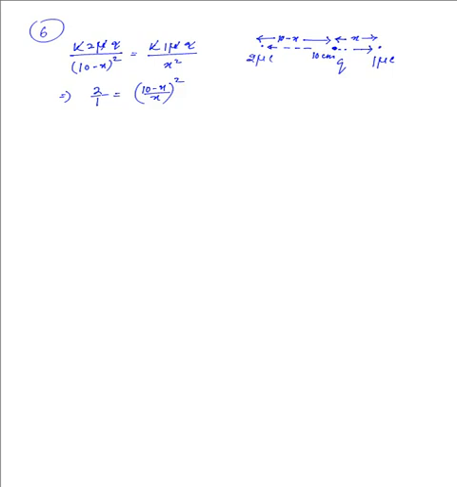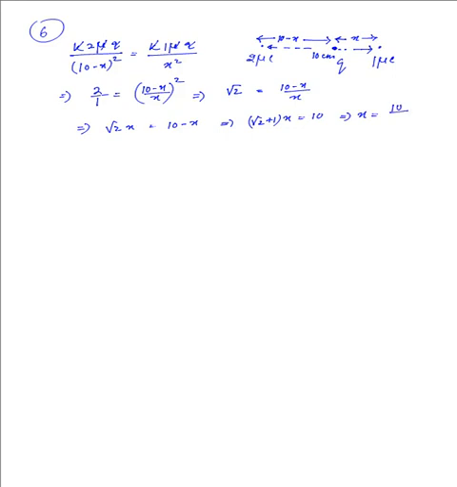And so if we take the square root of either side, then we have root 2 equals (10 minus x) over x. We can cross multiply that, so root 2 times x equals 10 minus x, and that x can go to the other side, so we have (root 2 plus 1) times x equal to 10. And remember 10 was in centimeters, so obviously we will be getting the value of x in centimeters. Now this is 10 over